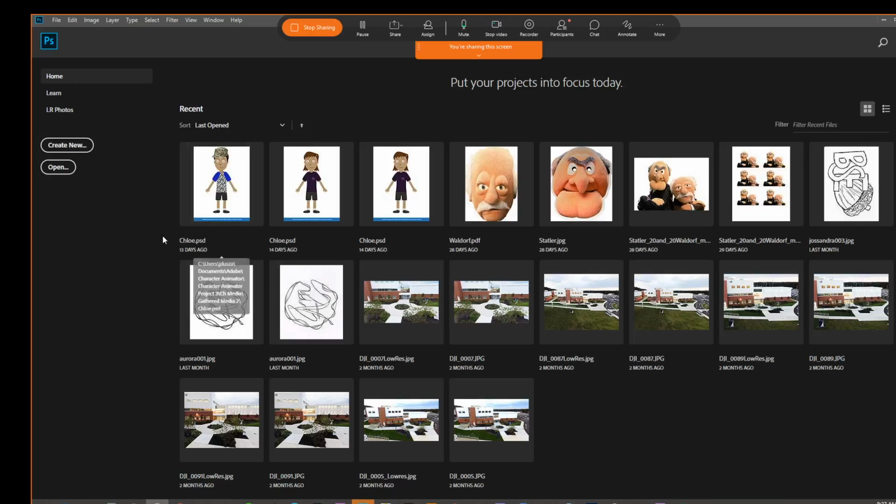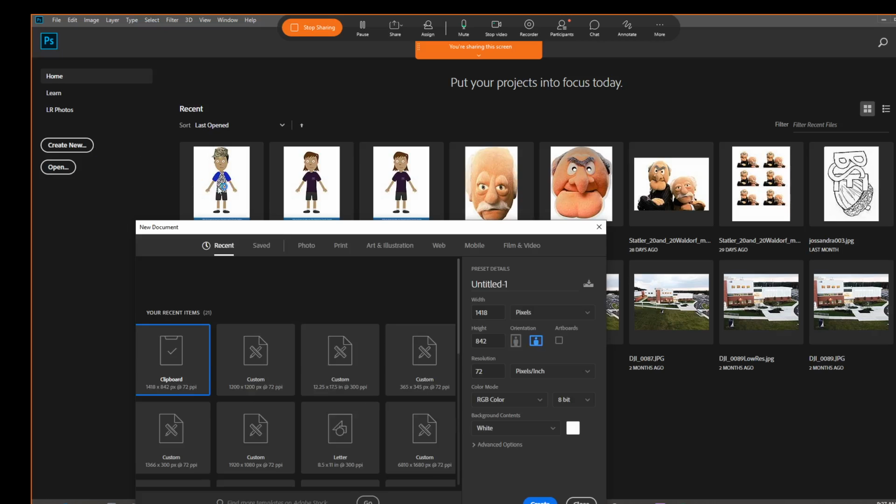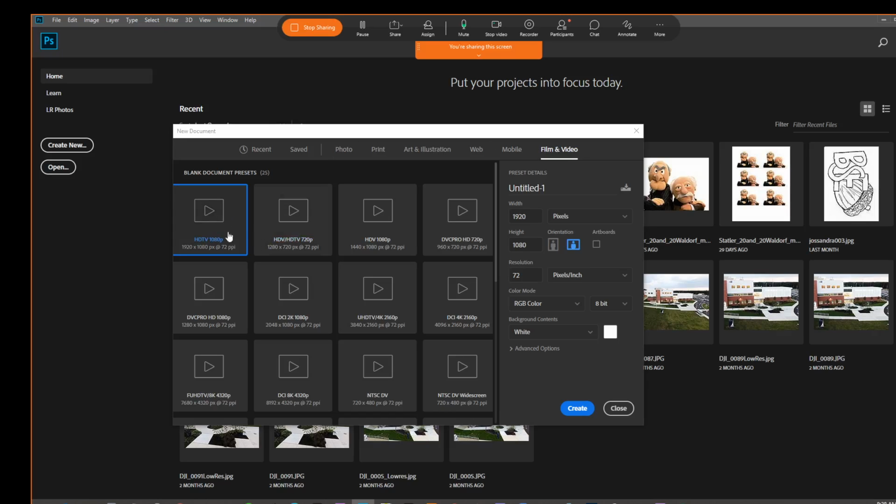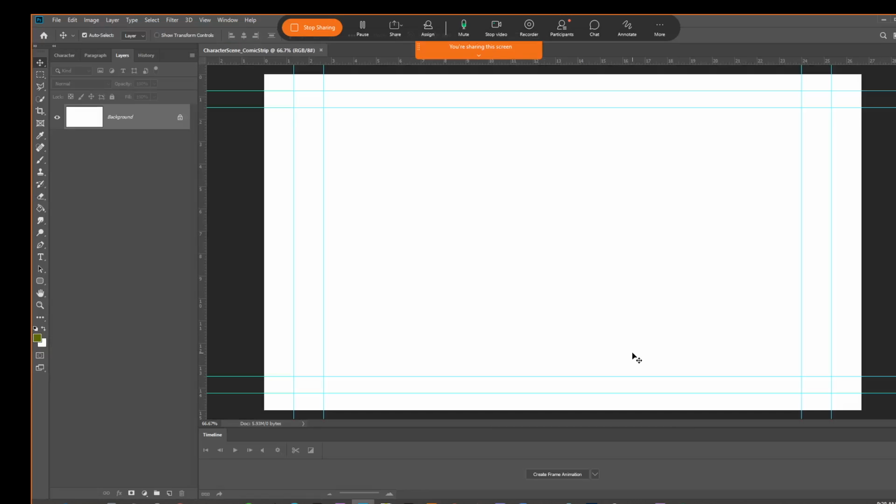Alright, so if we look at this in Photoshop, we can create new, and we should have some presets. So for film and video, we would have 1920, 1080, 72, and we will call this character or comic. I will just keep it this way. Alright, so maybe we do this as a comic strip animation. Alright, we'll create. I used to spend a lot of time in animation talking about doing animated GIFs and